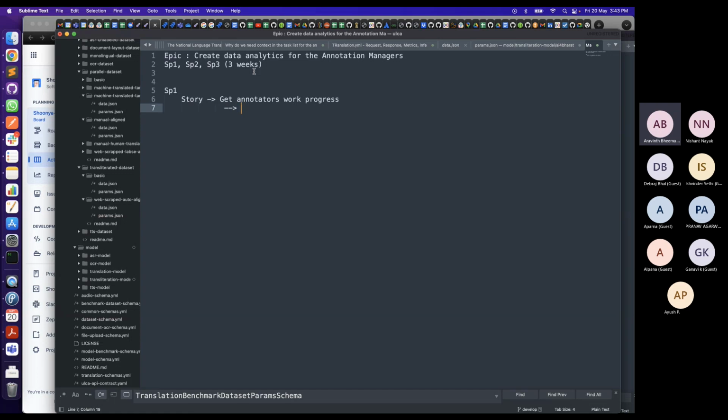Let's say it involves a backend change to capture time frames of the annotation.